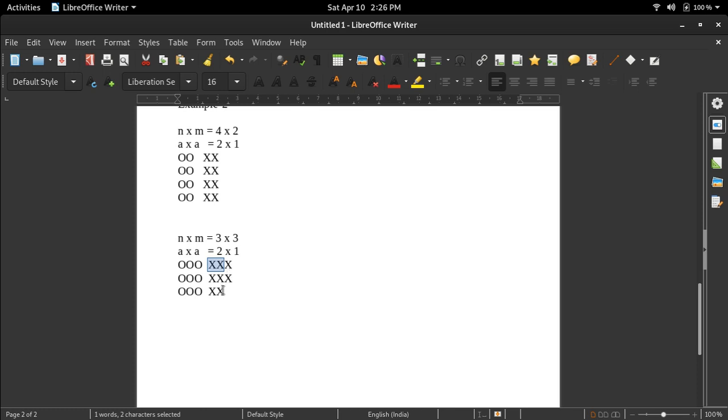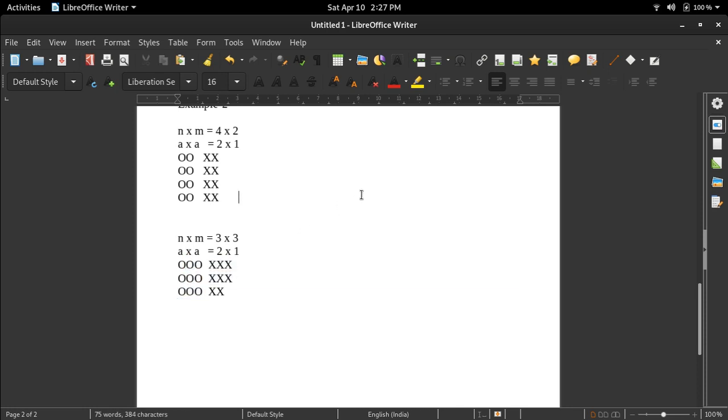So there is still one place left. But they have asked to find the maximum number of dominoes which can be placed inside the board, and dominoes should not overlap each other. So that's why 1, 2, 3 and this fourth one which was vertical. So a total of 4 dominoes can be placed inside this board of 3 cross 3.